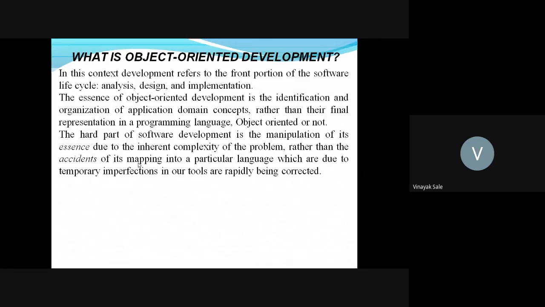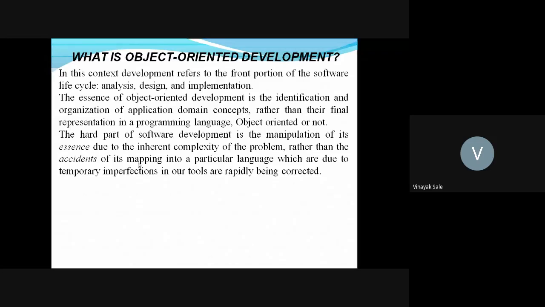In this context, development refers to the front portion of the software lifecycle, such as analysis, design, and implementation. So whenever you are doing a project, first analyze the problem, then do the design regarding that problem, and implement your modules.